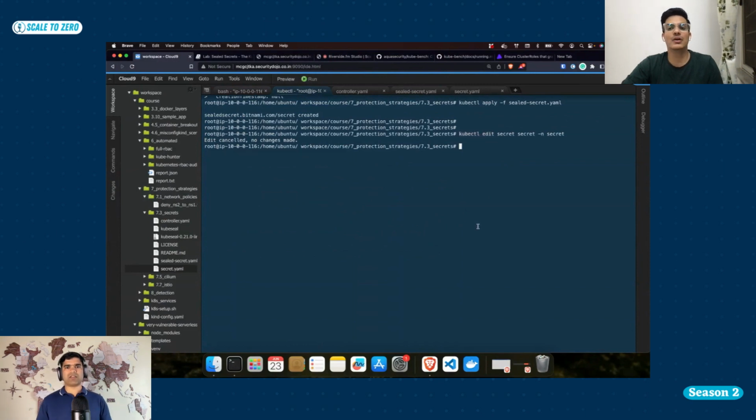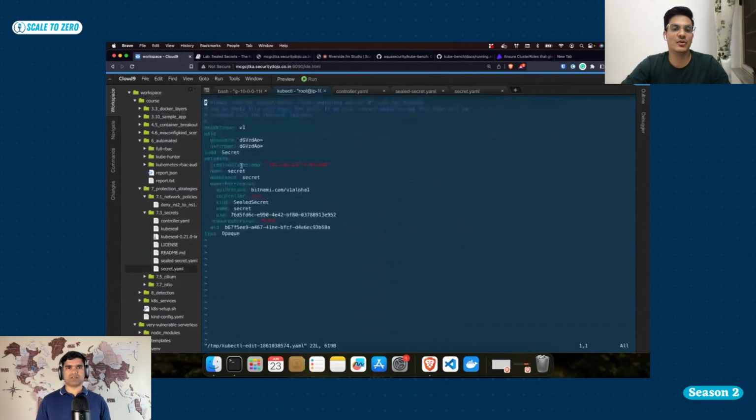And from there it will go somewhere in the node or do whatever it wants. Because we have a custom resource definition, it is trying to edit the secret in the namespace secret. So this is kind of a runtime, right? Because this thing is already running. So by default,